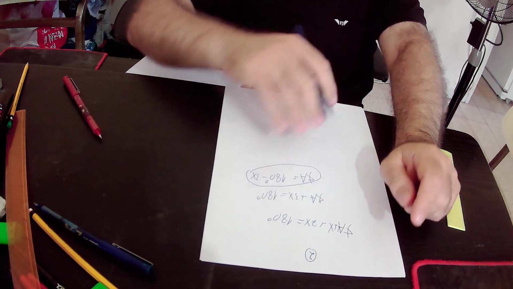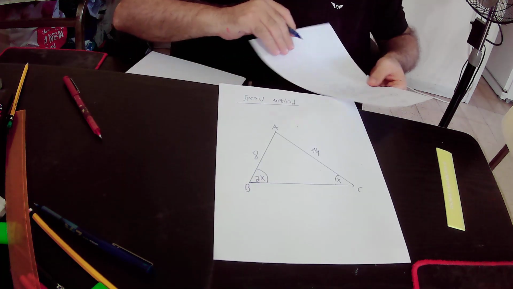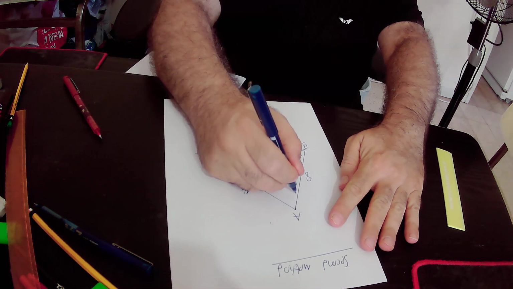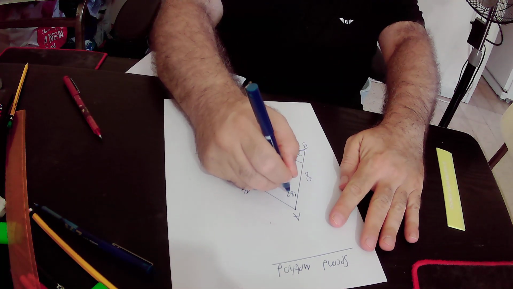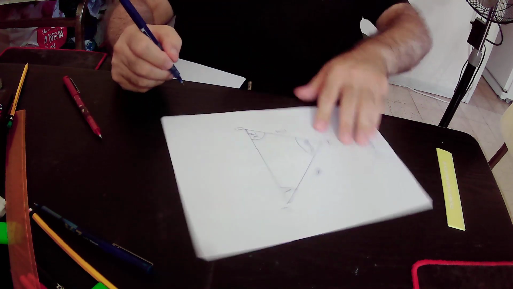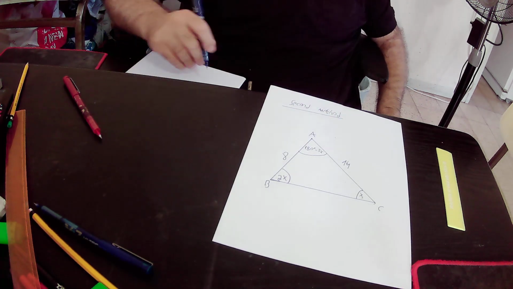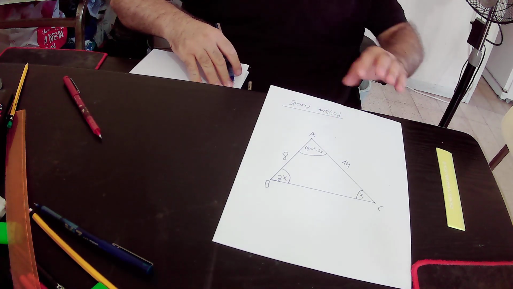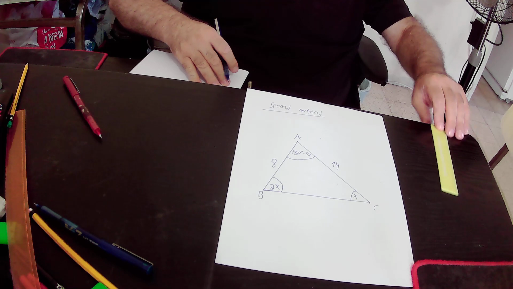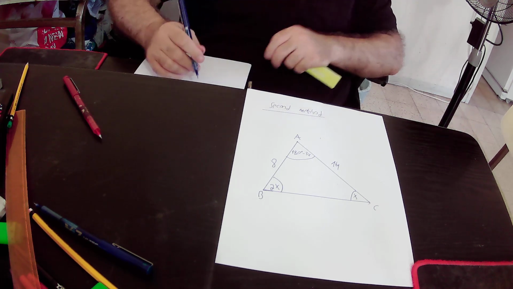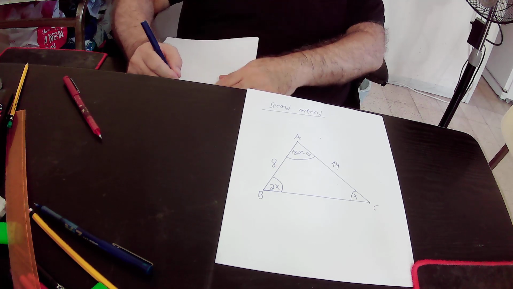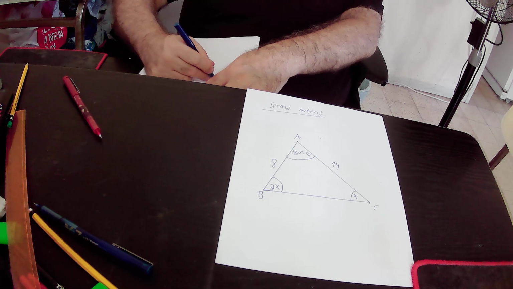Okay, we actually found out the value of angle A. Angle A equals 180 degrees minus 3x. Okay, we actually have a rule that states that the area of any triangle, if we have triangle ABC